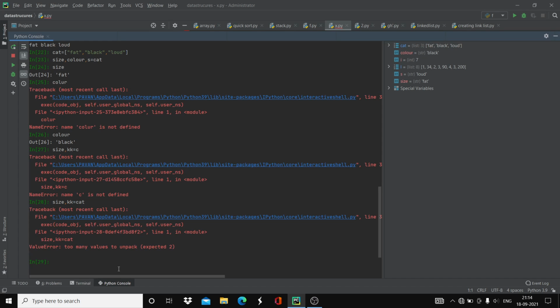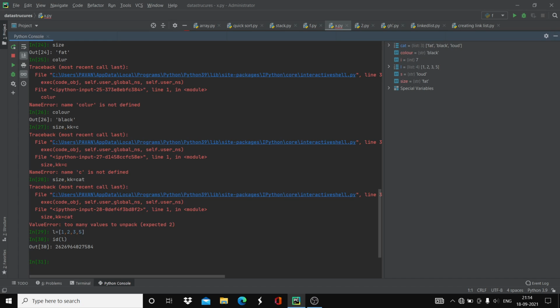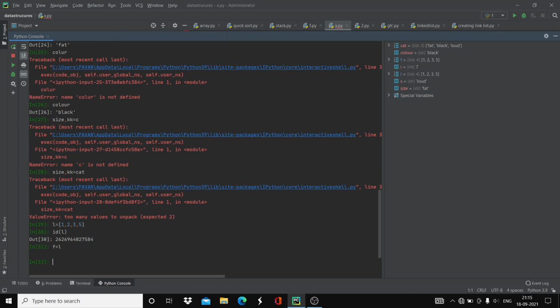And one more important thing I want to tell you about the list is, for example, say list L is equal to 1, comma, 2, comma, 3, comma, 4, 5. It is one list. Now if you type id of this list, you get the id of the list. Again, let's take a new variable, f is equal to L, which I assigned. Now if I type id of f,